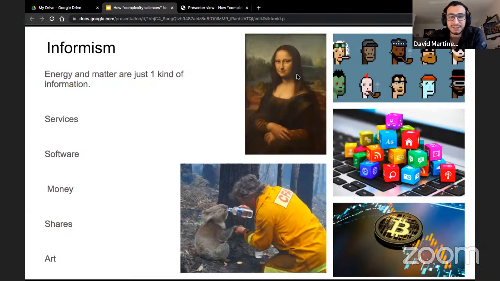So we give art a value based on what? Well, the value of all those things, non-material things, is agreed upon interactions between people. We decide what is the value of software, what is the value of even modern art like NFTs. I give an example here, the cryptocurrency, and we even value more meaningful things like helping others, helping the planet.